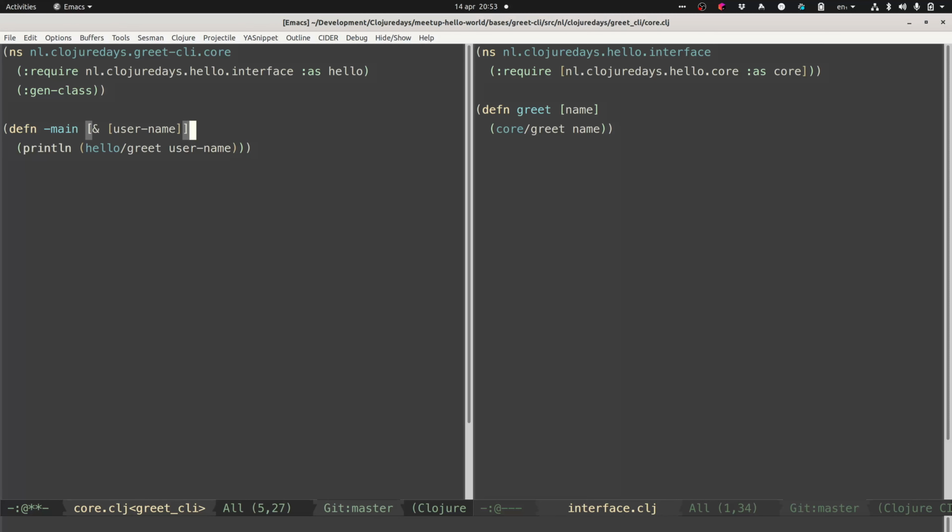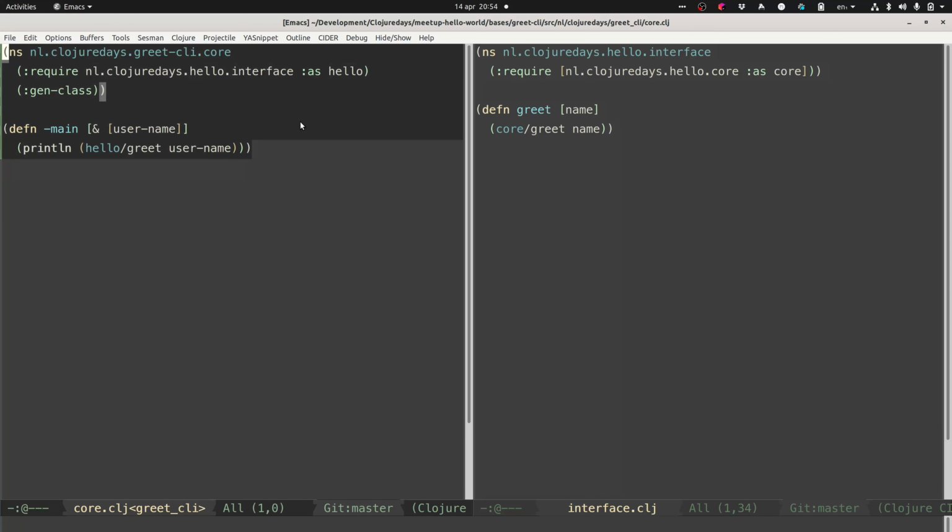So why is this a base and not a component? As we mentioned, bases are kind of like components with a special purpose. The purpose of a base is to offer, let's say, APIs to the external world. What this base is doing is to